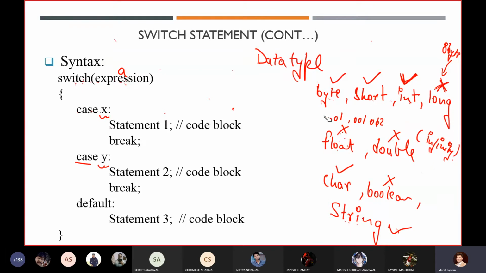They realized it's better to remove float and double because they can take infinite values and sometimes you might get exceptions or errors. So they removed float and double data types in the switch expression. Now it can consider character.